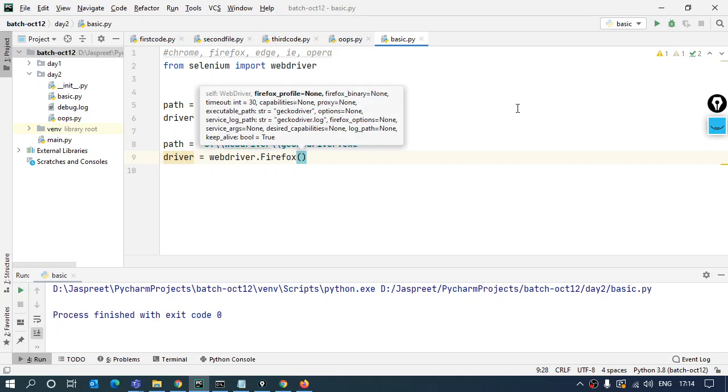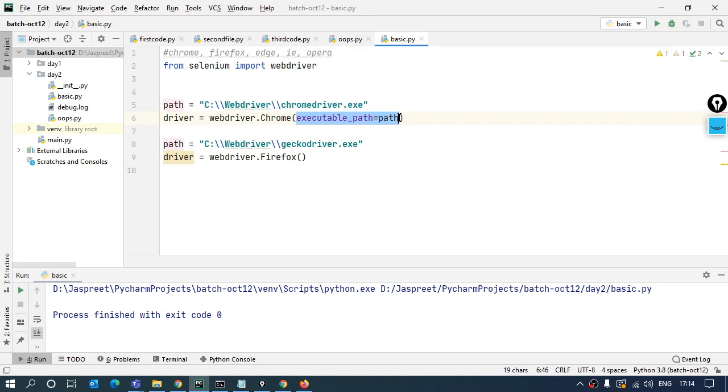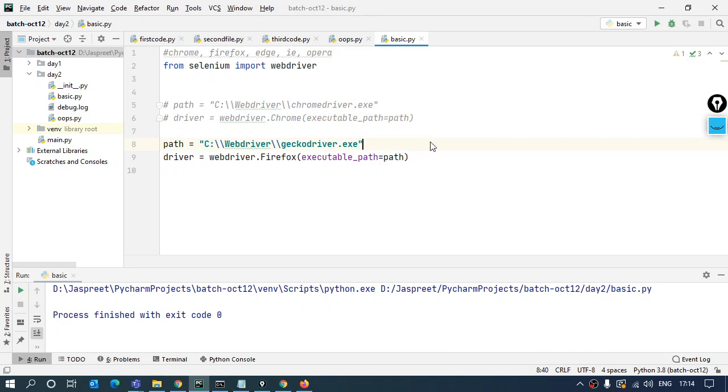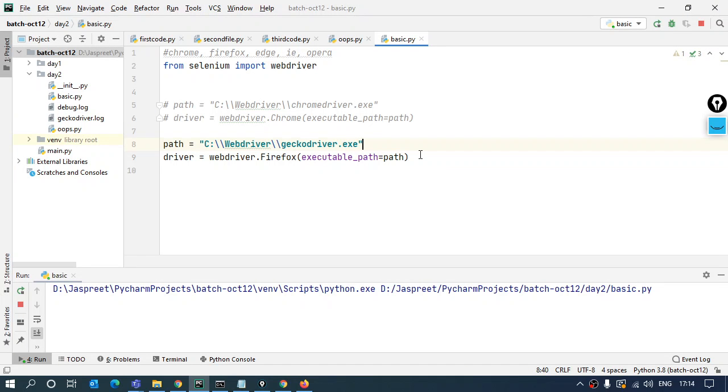Same thing, the attribute needs to have the path that is going to come up over here. So this command will open a blank Firefox browser for me, the same way it opened Chrome. Firefox opens a little delayed, like 2 to 3 seconds, otherwise it works fine. So here is my browser open, perfectly fine.